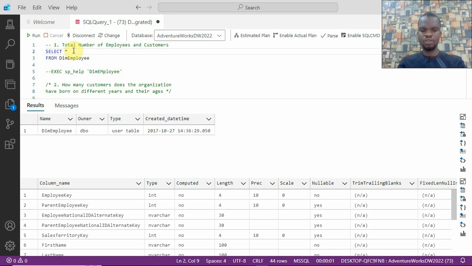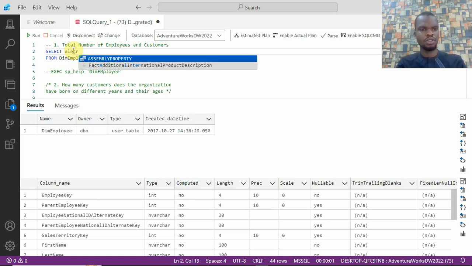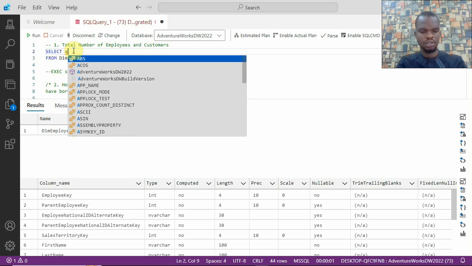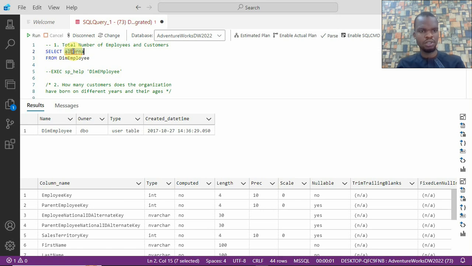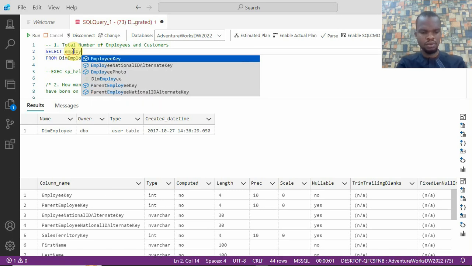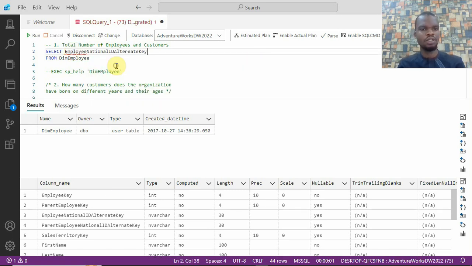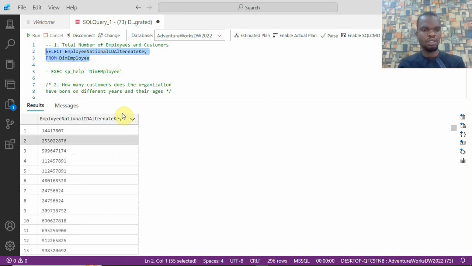So we want to see something alternate, right? What's it called? Employee. Okay, so employee national ID alternate key. So we want to see this, and we want a count of that, right? What we're asked is what's the total number of employees first. So let's count